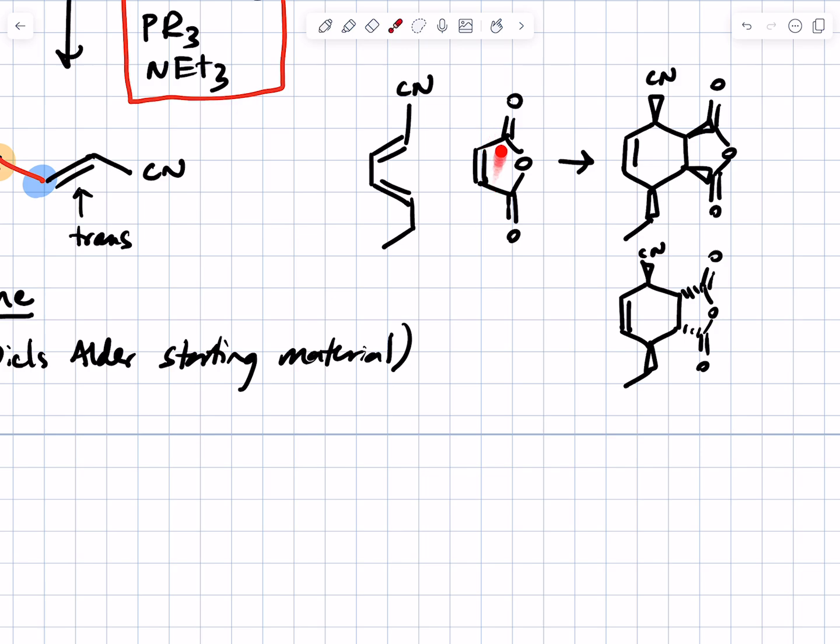Notice that the two groups on the dienophile end up cis to each other in the product. Notice that the two groups pointing outward in the S-cis conformation of the diene also end up on the same side. That's required, and then you get two different diastereomers where